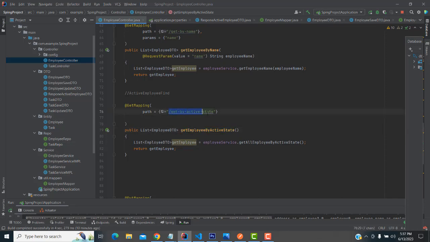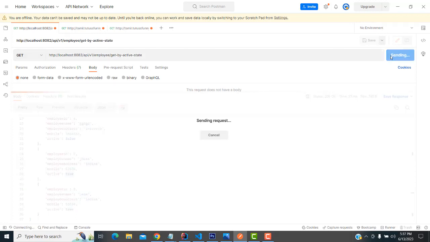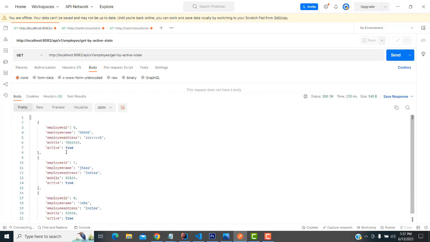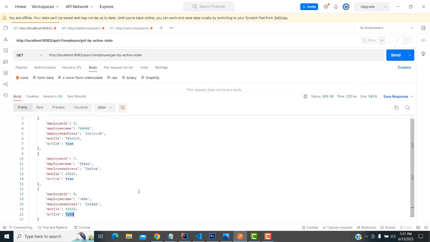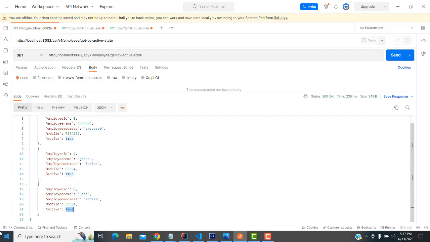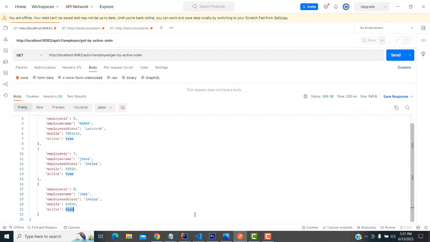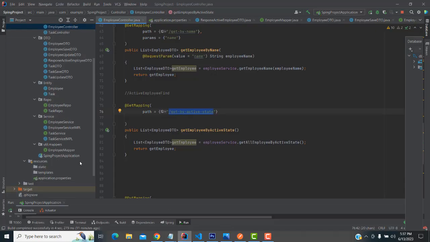So for this get by active, we have to test it in Postman and check it. This is a get request, send it. Here only the active true employees are displayed, right? This is the thing we have to do, right? So this is the code we have used so that active state employees will be found. And if you are looking at the example of active false,